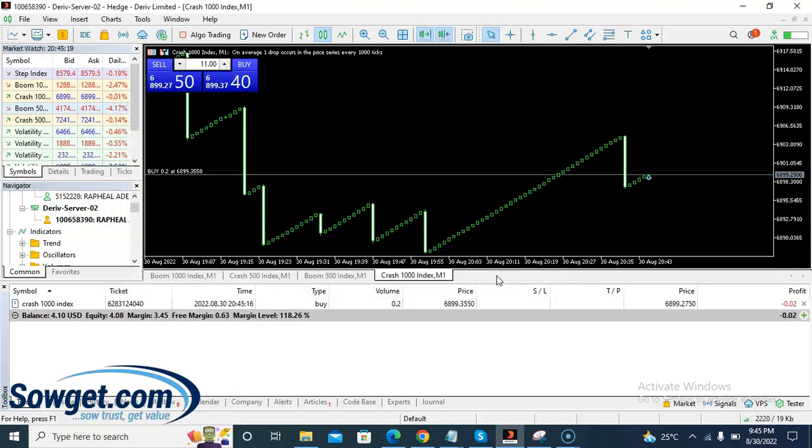All right, so now you can see the difference in the different indices. So you know that there are some particular markets or indices where the margin requirement may not be as high as some others. So that's one important feature you need to take into consideration before trading on Boom and Crash, if you want to use the minimum balance as possible. So let me just close this. Okay,